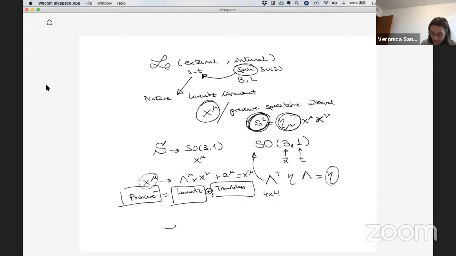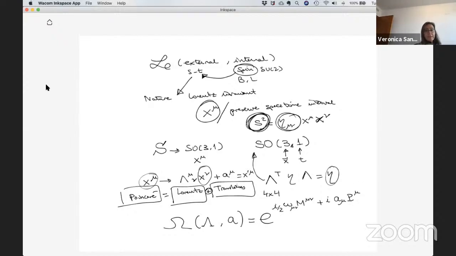So in general, a possible transformation that we can make on a vector or quadrivector will be a Lorentz matrix, something that acts on this x mu, and a possible vector A mu that translates it. One way of writing this, again, as a group in the exponential form is say, I'm going to represent this transformation as some parameter omega, where omega is simply a parameter, a number, with the generators of the Lorentz group. And we know that these generators have to be tensors, and some other parameter, in this case, A mu, with the generators